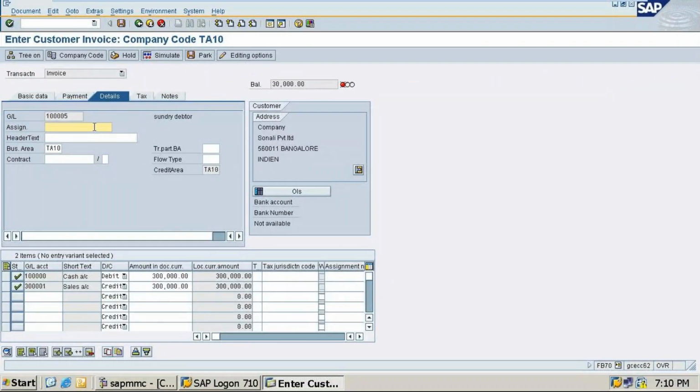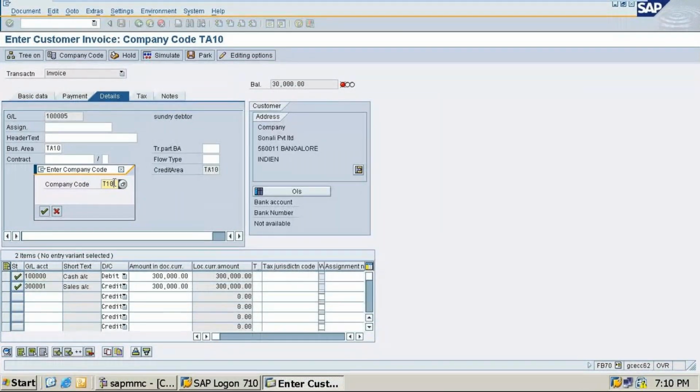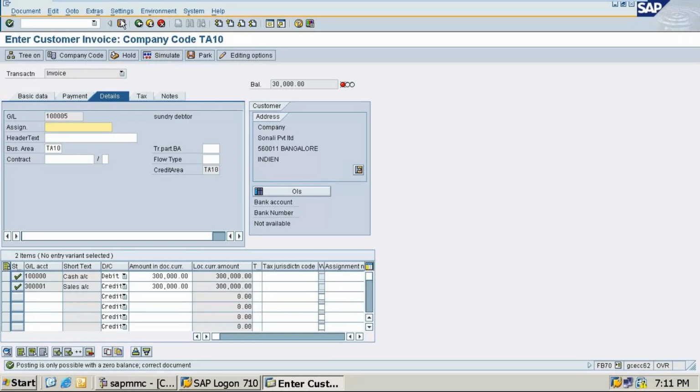So assign it is asking. Let's change it to 3,000.